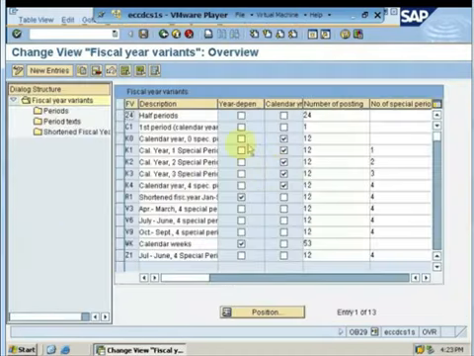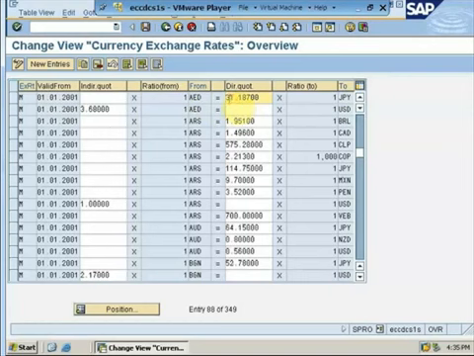Now as you can see, in order to define an exchange rate, all you have to do is enter your exchange rate type and enter a date from which the exchange rate is applicable. You have to select a currency from, in this case the United Arab Emirates dirham, which has been defined at a rate of 31.18 against the Japanese yen, which means 1 AE dirham is equal to 31.18700 Japanese yen.